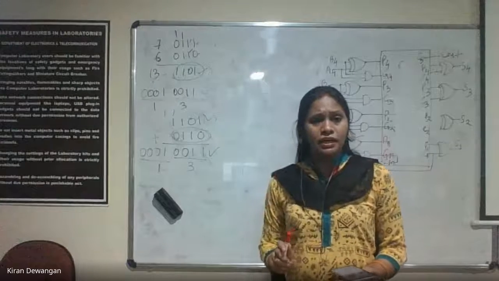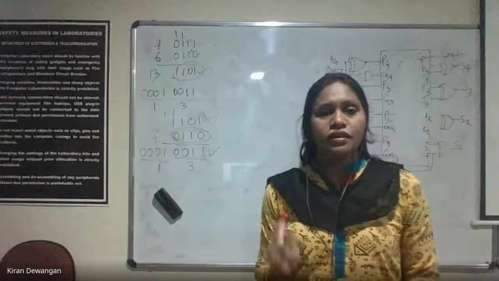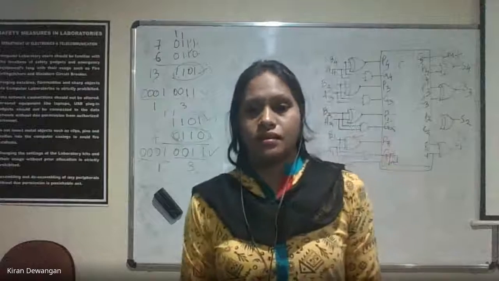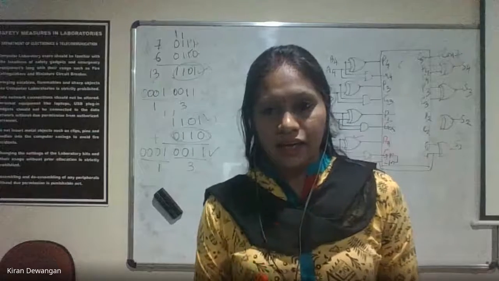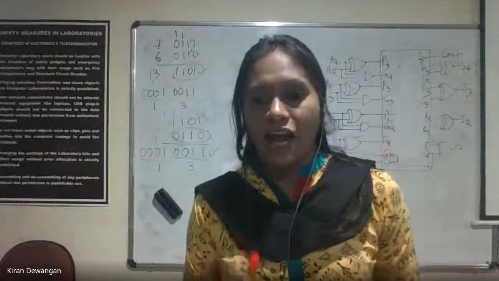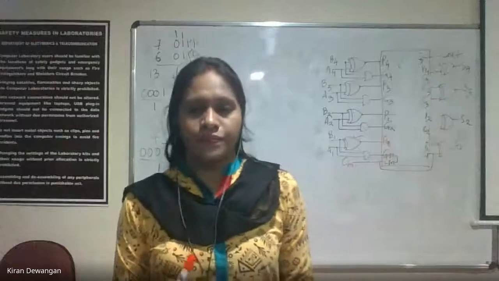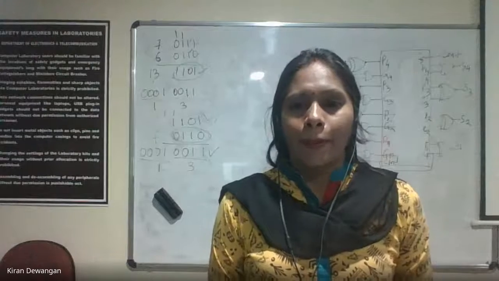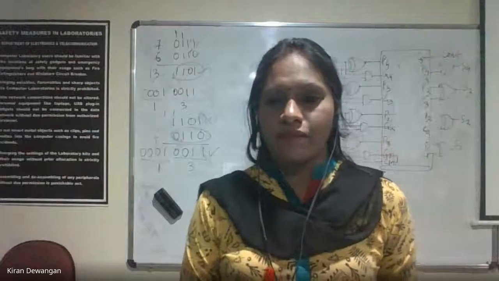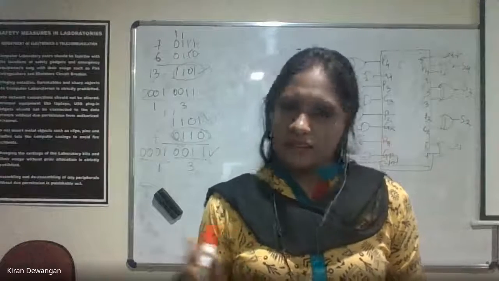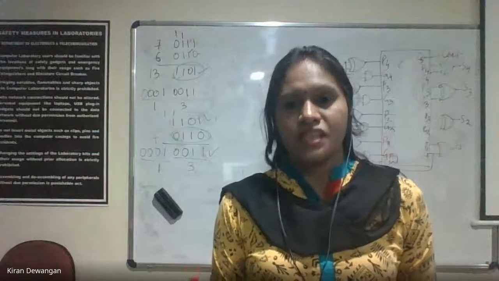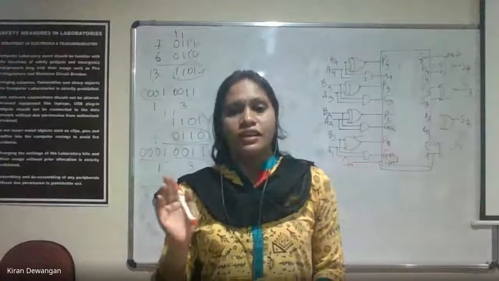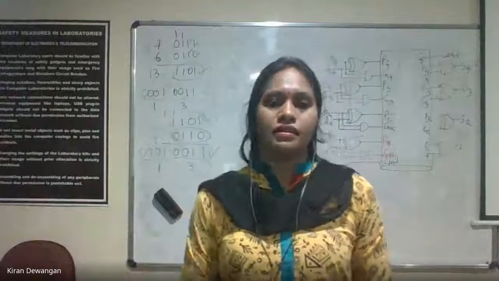Is this becoming clear? Everyone, why do we add 6? ये clear है? Why are we adding 6, not any other number? कितने invalid codes होते हैं? How many invalid codes do we have? 6. That is the only answer. 6 invalid codes हैं, इसलिए हम 6 ऐड करते हैं.